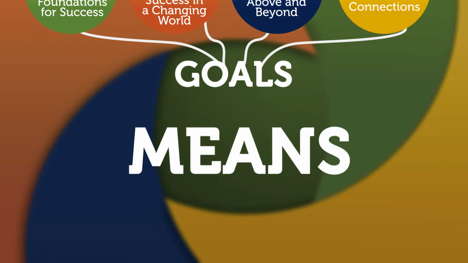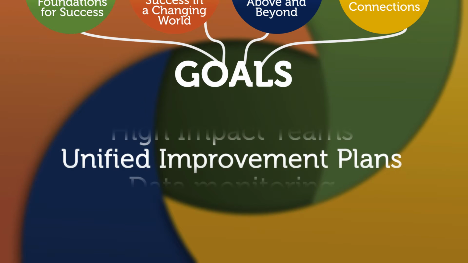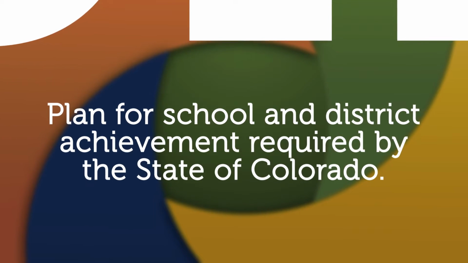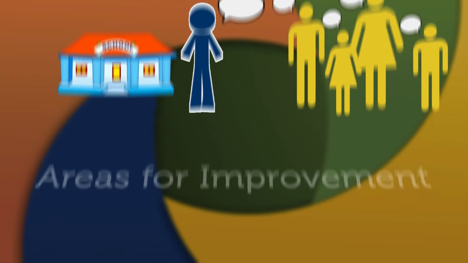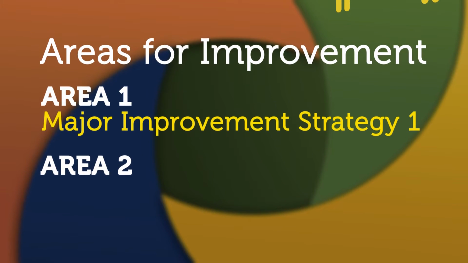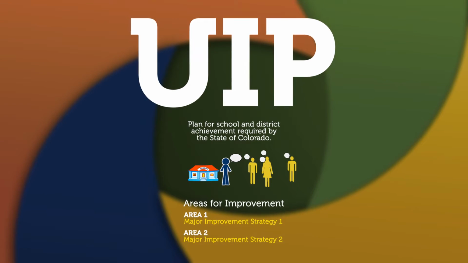One of these means is the Unified Improvement Plan, also known as the UIP. The UIP is a plan for school and district achievement that is required by the state of Colorado. Each year, PSD schools meet with their staff and communities to identify areas for improvement. Once these areas are identified, major improvement strategies aimed at boosting achievement are developed and implemented as part of the